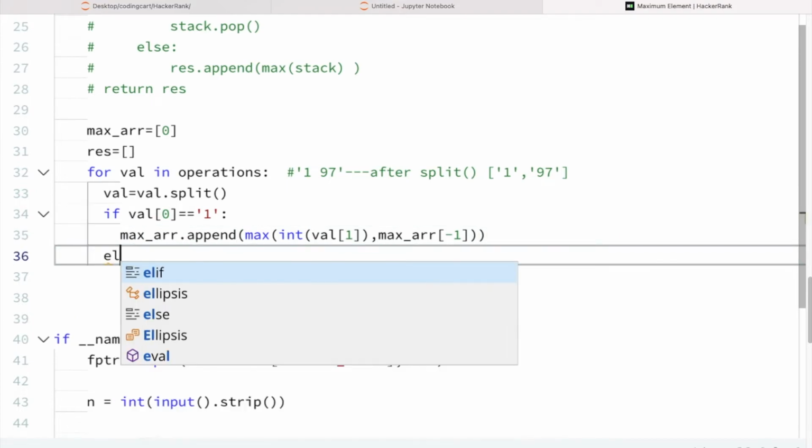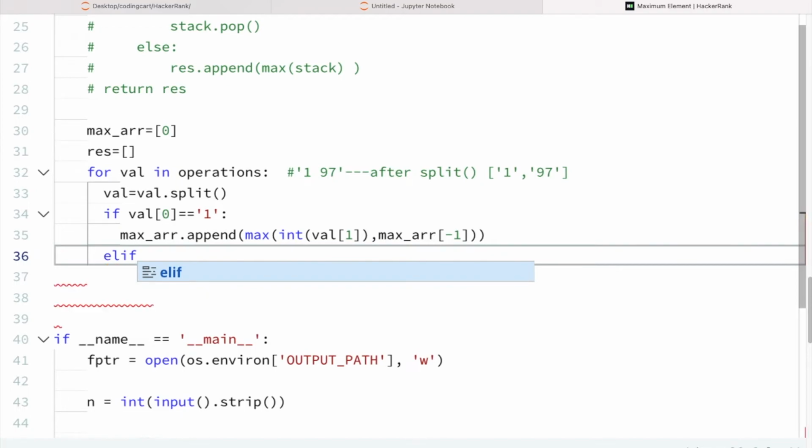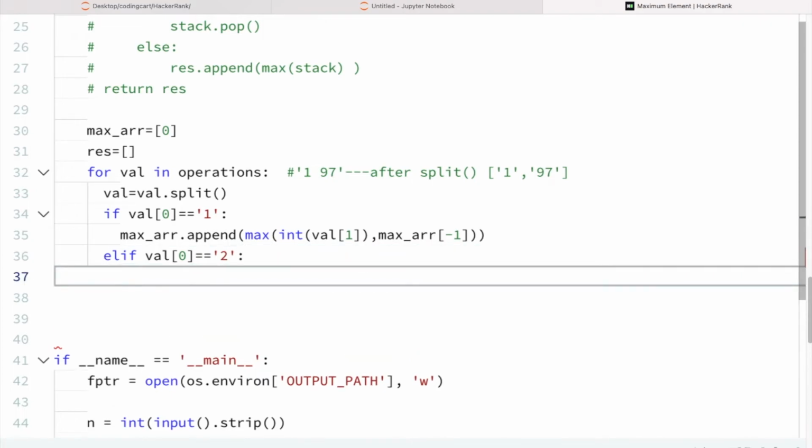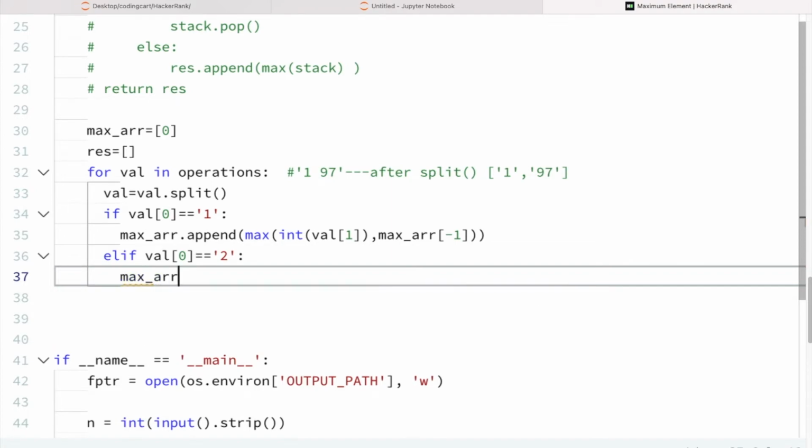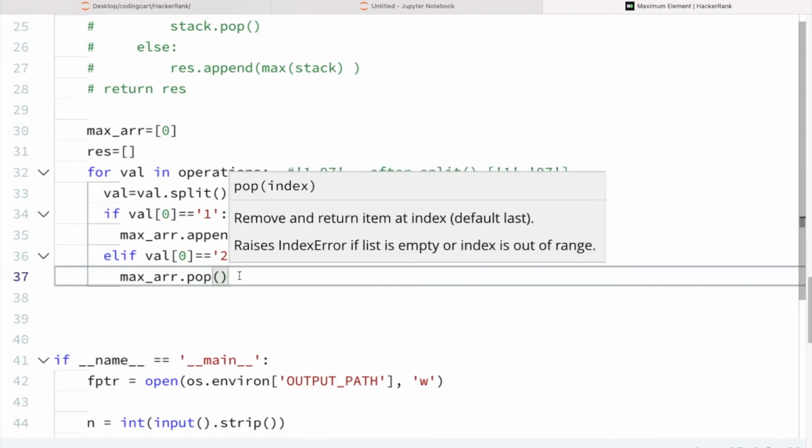Now in elif we are going to check for operation number 2. If val of 0 equal to 2, means if it is operation 2, we have to pop the element, so max array dot pop.